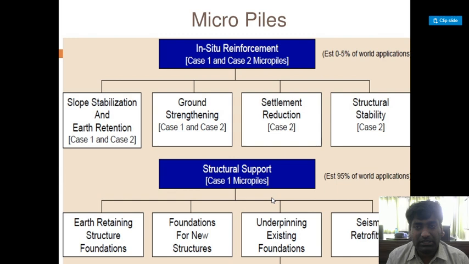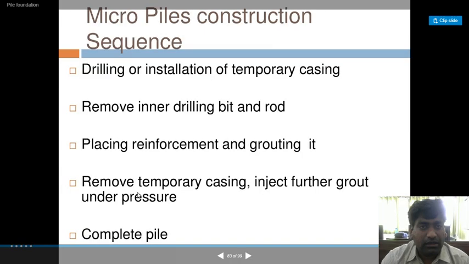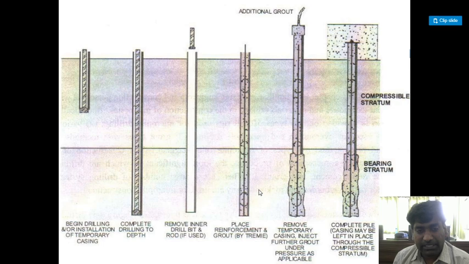Micropile construction sequence: drilling or installation of temporary casing, remove inner drilling bit and rod, placing reinforcement and grouting it, remove temporary casing, inject further grouting under pressure and complete piles. So this is the way micropiles are being placed. In the beginning, drilling or installation of the temporary casing, complete drilling to a depth, remove inner drill bit and rod if used, place reinforcement or grout by tremie, remove temporary casing, inject further grout under pressure as applicable. Complete pile casing may be left in